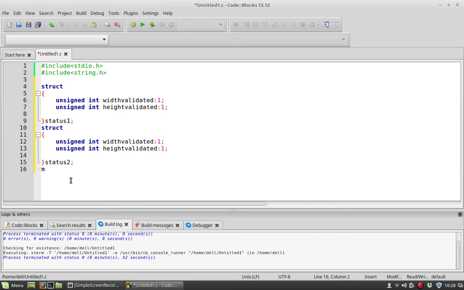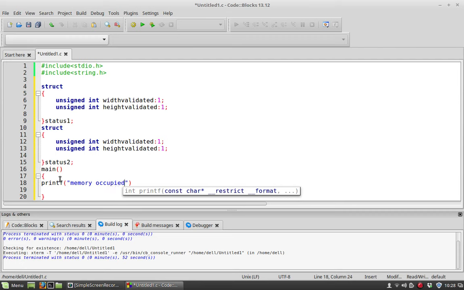Now in the main function we are printing the size occupied by this memory, occupied by status 1 colon %d \n,